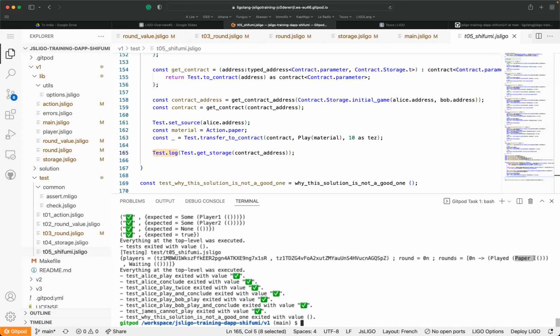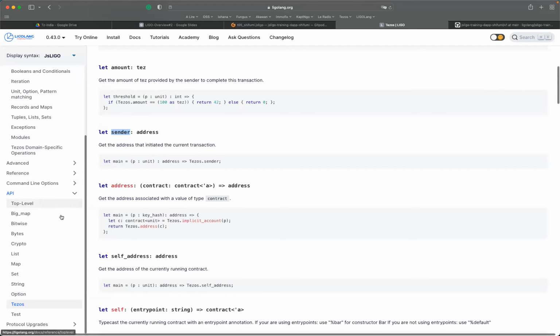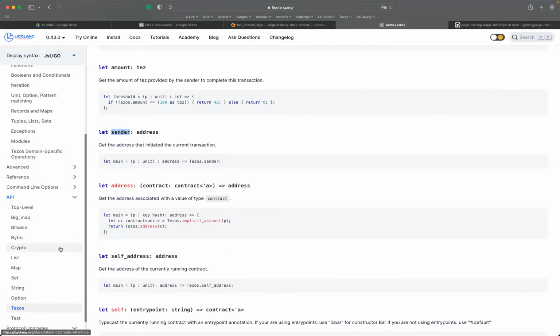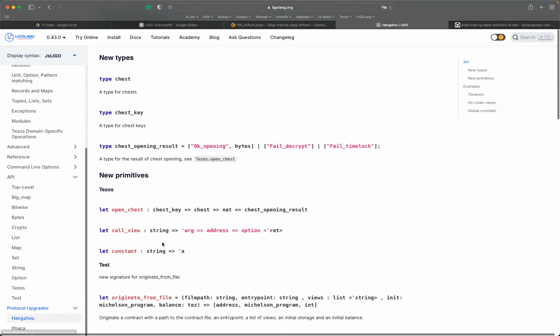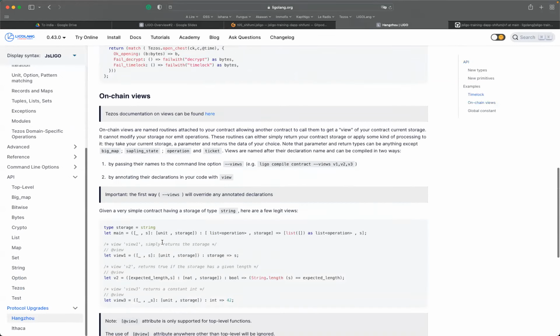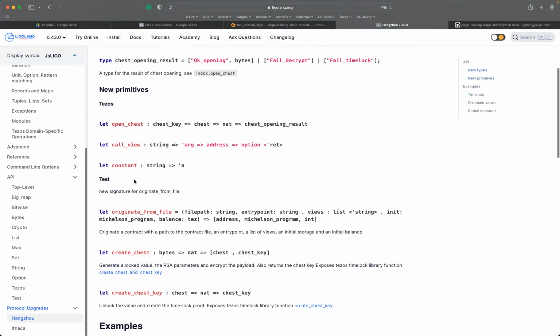As we can observe the storage every time, implementing a game where something should not be observable, we should use something different. This is a feature provided by Tezos, if I remember, in the protocol Hangzhou, which is the chest.